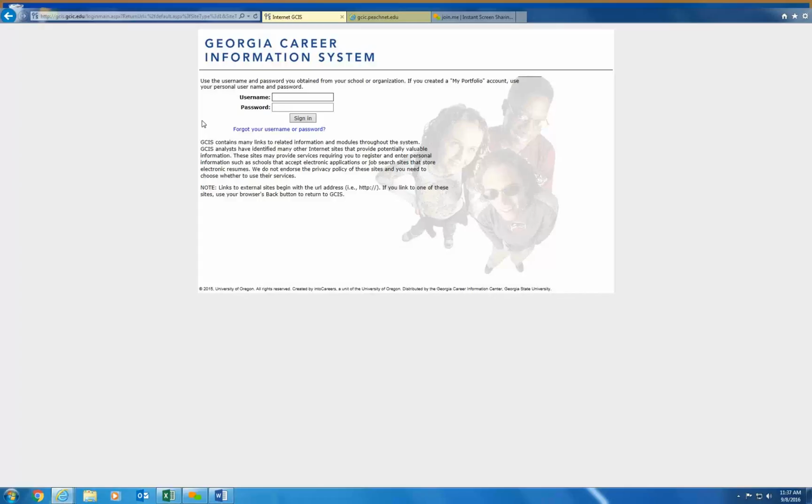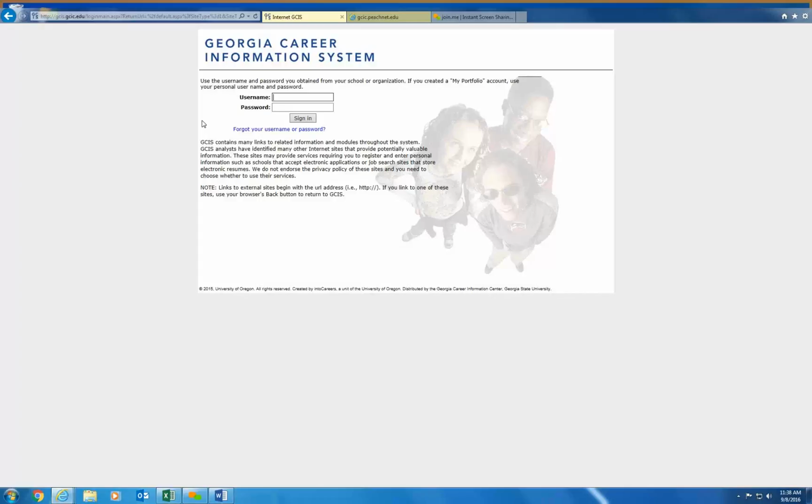We shared an email with every principal in the state on July 28th that denoted how you could contact us and tell us who your site coordinator is. So if you are the site coordinator and your principal has sent us an email, you should have received your school's username and password. If you are not sure if you're the site coordinator or not quite sure if your principal has received that email and responded, we're more than happy to send that email back out again to the appropriate person.